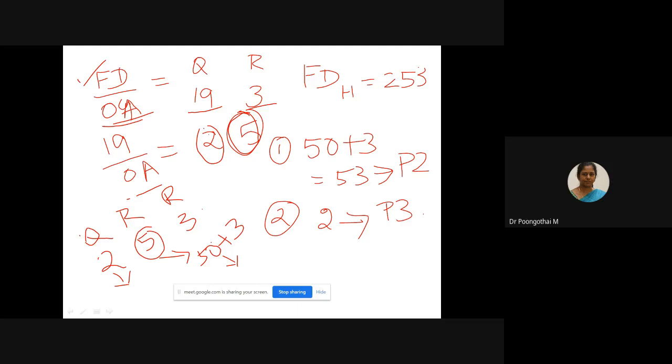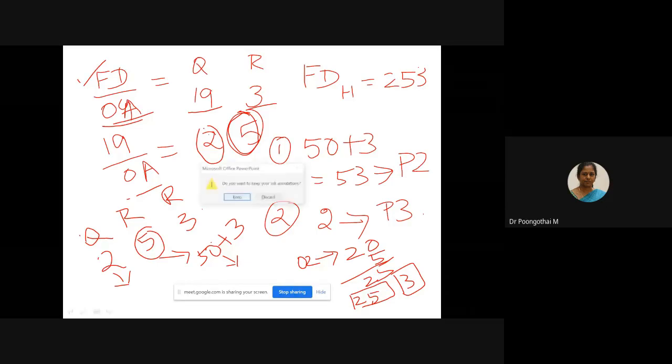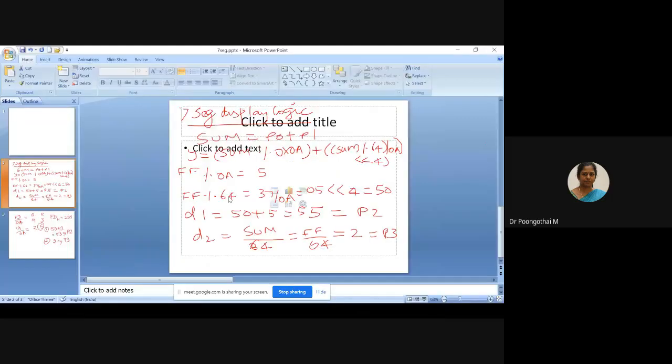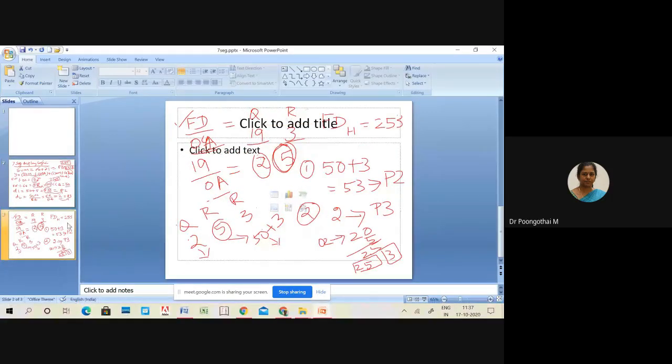Another method, you rotate that 2 into 20, add with 5, 25, and display 25 to P2 and 3 to P3. Any method you can make use of for converting your hexadecimal to decimal.